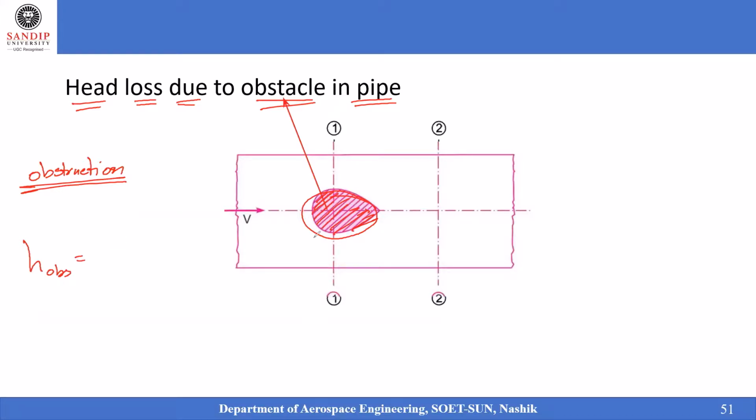if you see, it is at section 1 and section 2. At section 1 the pipe is having some obstacle inside the fluid flow, and that can be addressed by the equation: head loss due to the obstruction is (Vc minus V) whole square divided by 2g, because the pipe is having a constant area. Here I am considering that Vc is exactly at the location of the contraction point, due to the obstacle present.